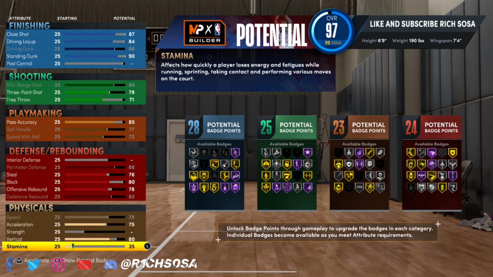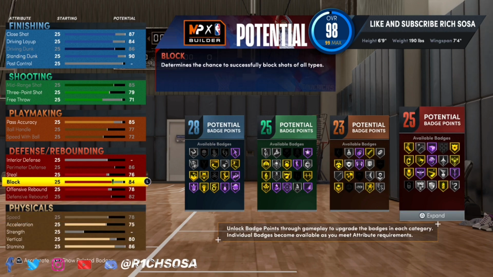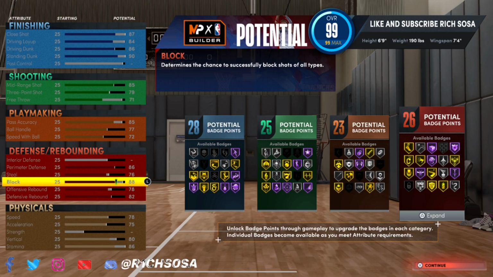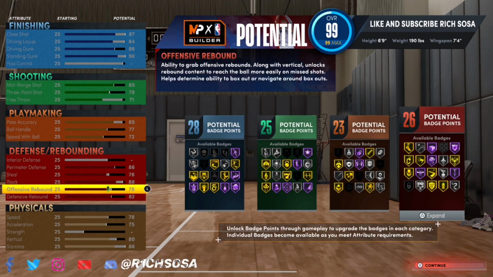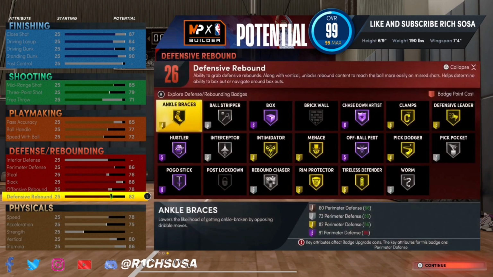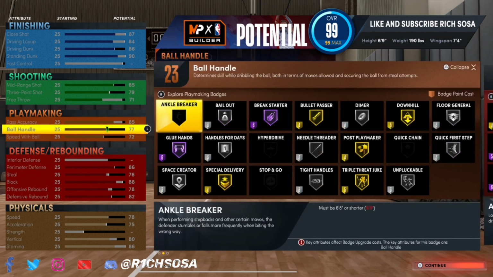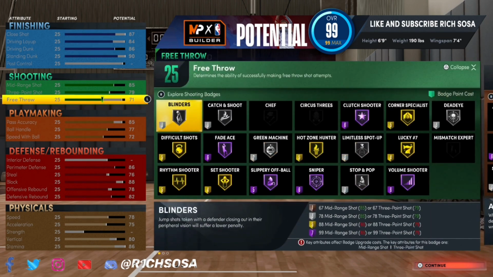Now for the physicals, max out your speed. Go with the 75 acceleration, 80 vertical, and then the rest of the way, you can throw it into your stamina or make your own adjustments and put it towards any area of this build. Now, 28 finishing badges, at least 25 shooting, 23 playmaking, and 26 defensive in all. Now, any way that you feel like making the adjustments, go ahead and do so after we have created the